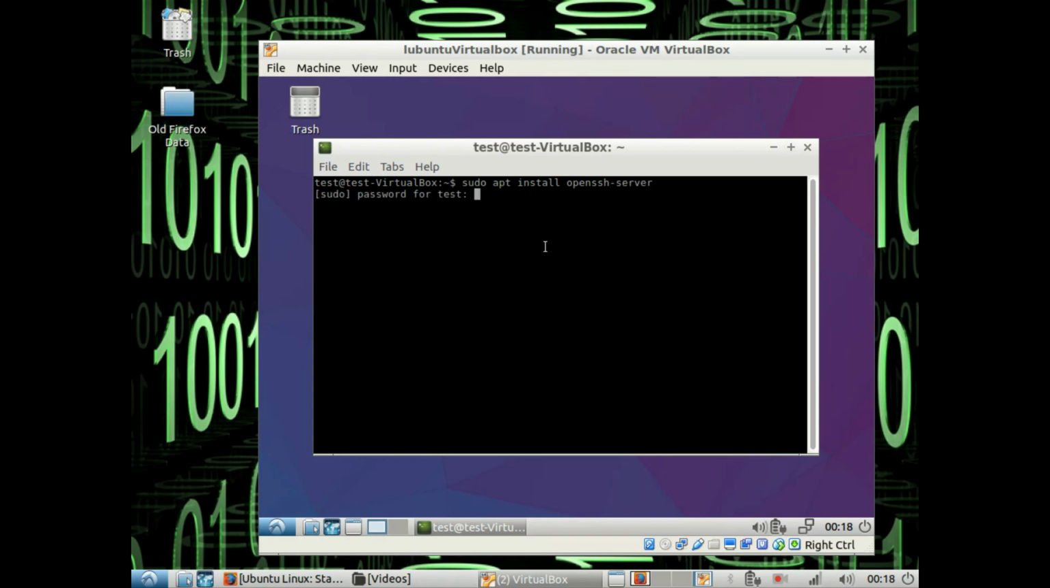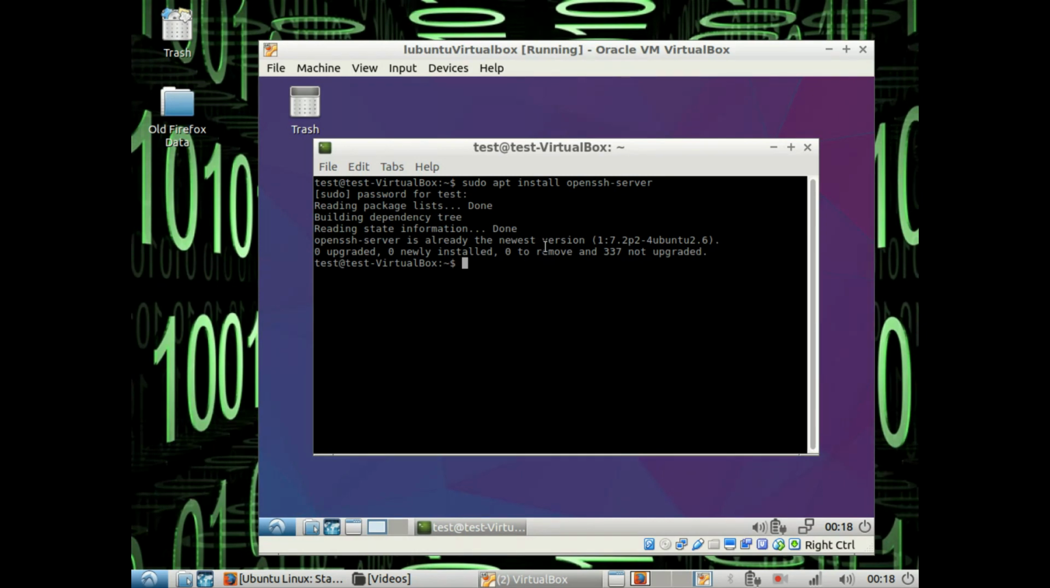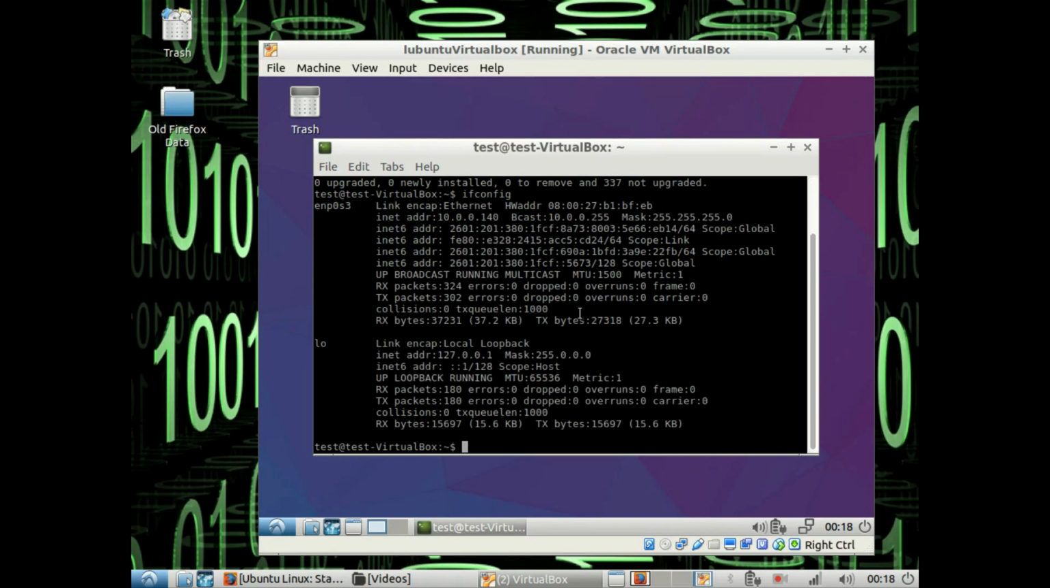I already have it installed here on this virtual machine, so it's not really going to install it, but if you don't have it on yours, it'll proceed to the installation. Once you have that done, you want to check your IP address for the virtual machine. So you do ifconfig, and in this case my virtual machine has IP address 10.0.0.140,